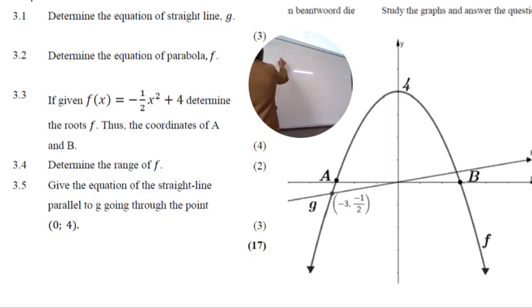I get negative 1 over 2, divide by negative 3. If I simplify this, that means 1 over 2 divided by 3. The negative cancels out, no? So then it becomes positive. So this is basically 1 over 2 divided by